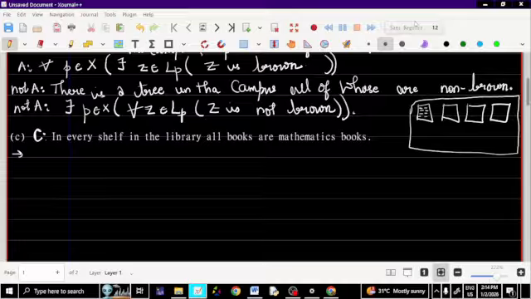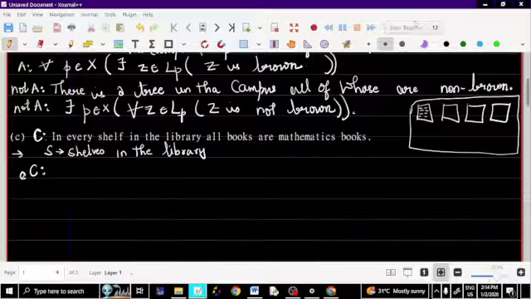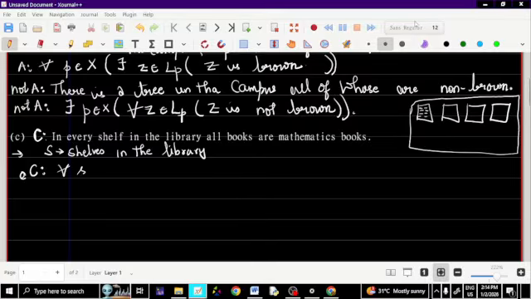then what will be my set of context first? Set of all shelves in the library. So that I'll give letter capital S. Set of all shelves in the library. So for all s in S, let's say, that means s is the shelf now, small. For all shelves,